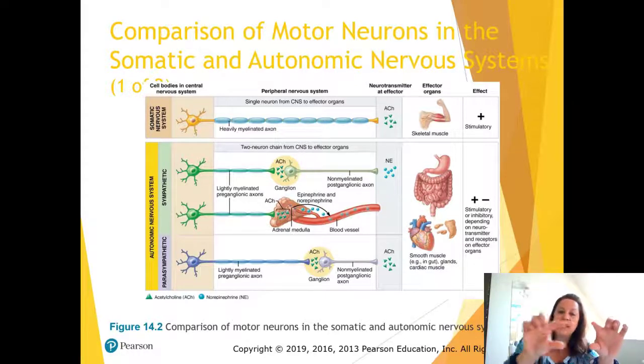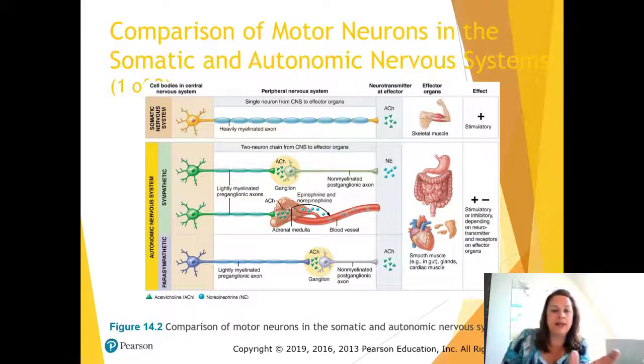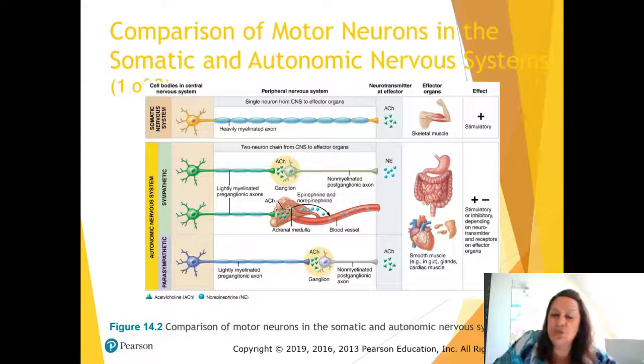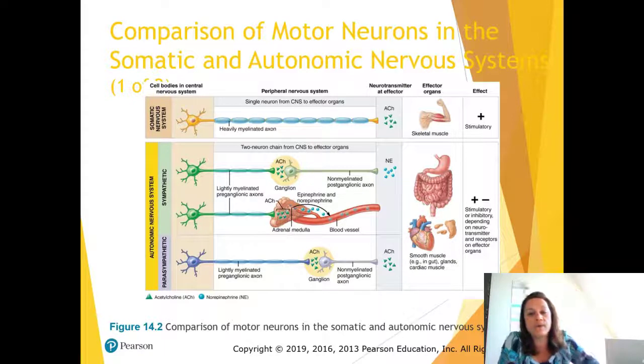If you follow the green, we have a 2-neuron chain in which we have a myelinated preganglionic axon secreting acetylcholine. Then we have the postganglionic axon, or the gland, secreting norepinephrine. We're going to target any of the smooth muscle, glands, or cardiac muscles, and it could be stimulatory or inhibitory